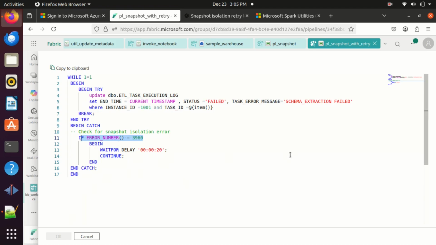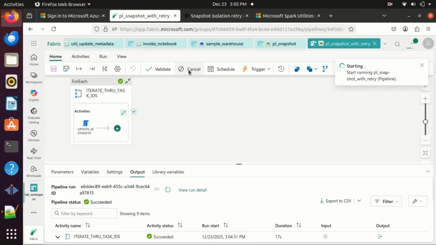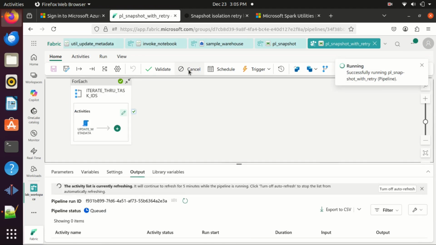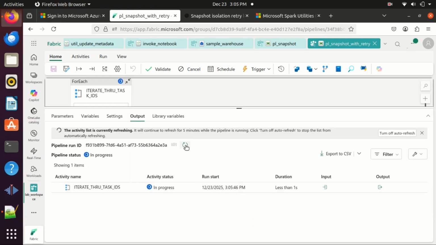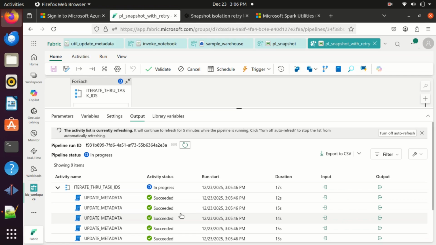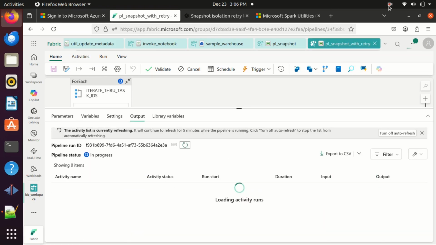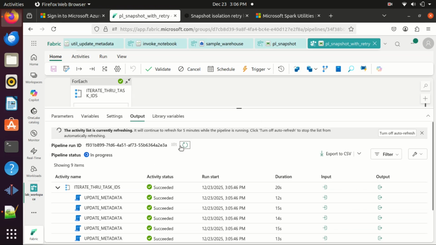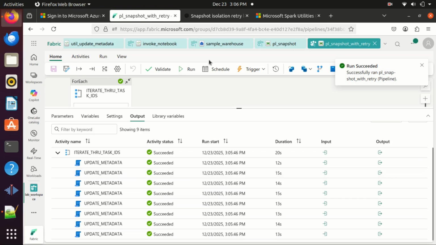Instead, it catches the error, waits for 20 seconds, and then retries the update. This retry happens inside an infinite loop, meaning that the update keeps retrying until it finally succeeds. Since snapshot isolation conflicts are typically transient and caused by concurrent writes, retrying after a short wait almost always resolves